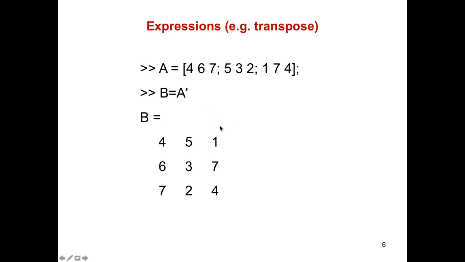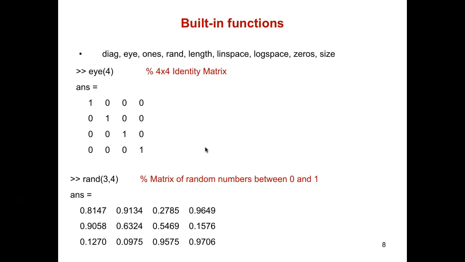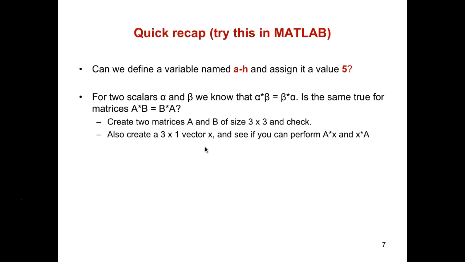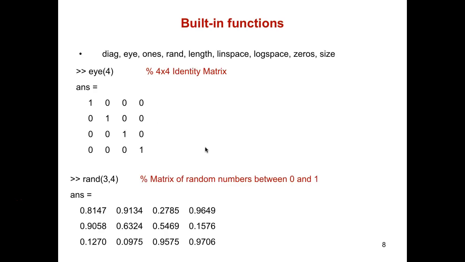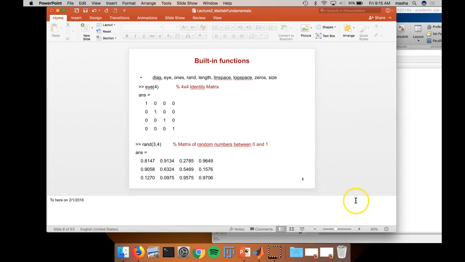We're going to try those out, and do transpose. This is really a review of what I already did, and then we will go over certain rules of what can be done with naming, or what shouldn't be done with naming, and finally certain built-in functions that will just give me a matrix. So let's go over that in actual